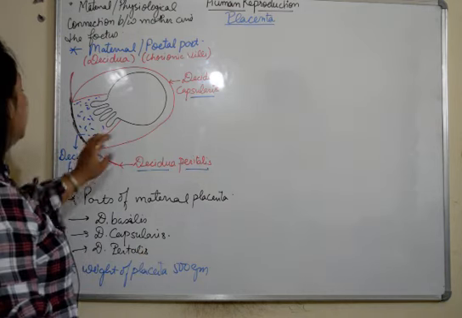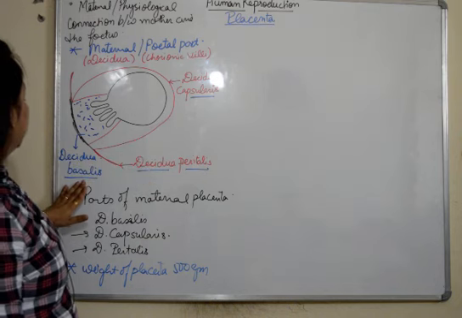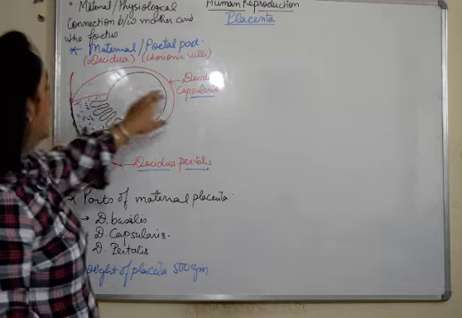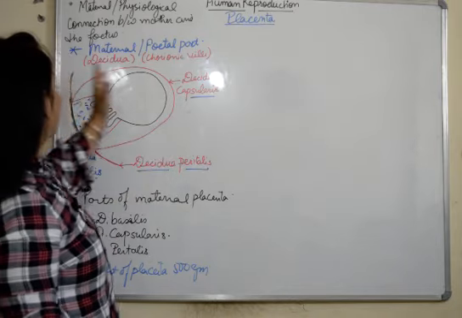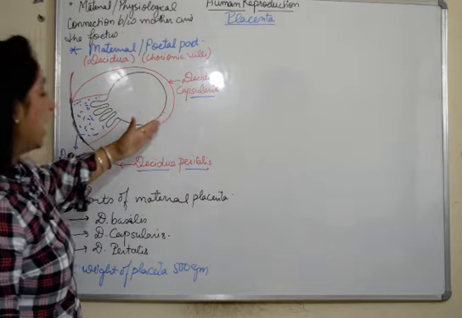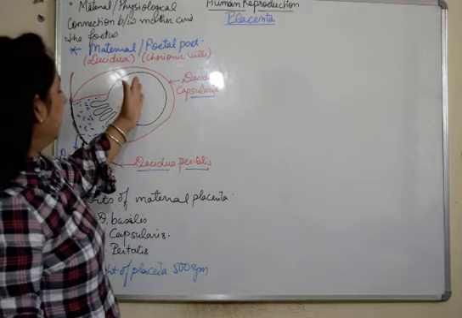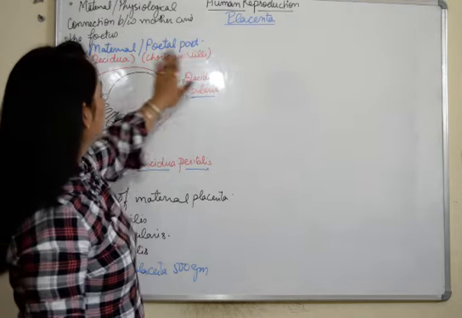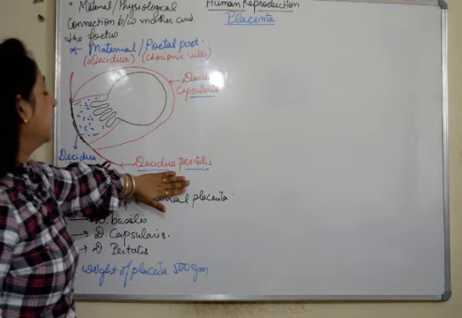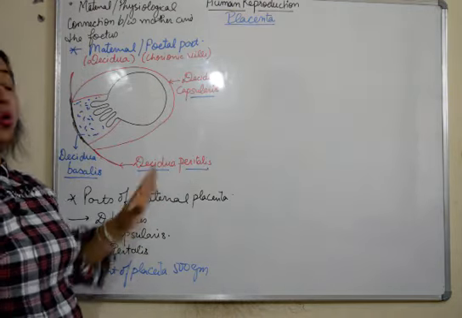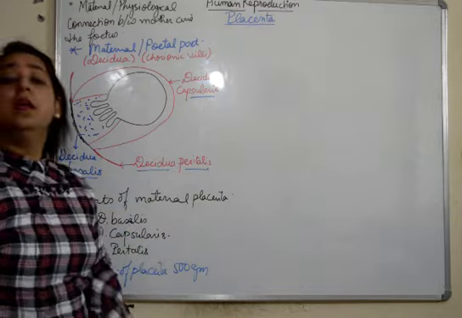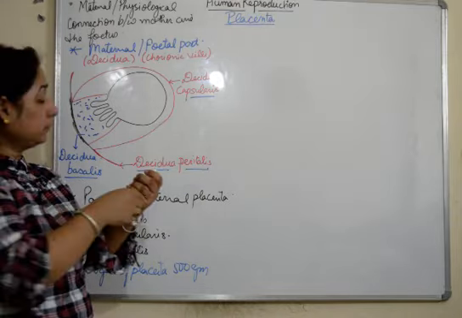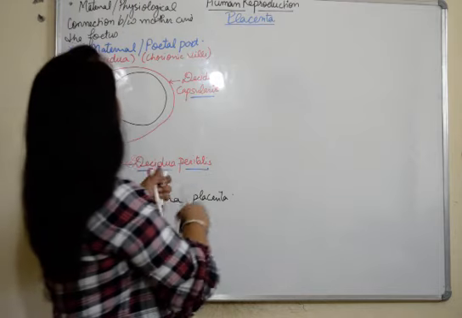So these are the various parts of the maternal placenta. Now talking about it again, decidua basalis is the part wherein chorionic villi are embedded. Decidua capsularis is the part which encloses the embryo. It is present between the embryo and the maternal tissues, and decidua parietalis is the one which has no connection to any part of the embryo. Now, how is it connected?